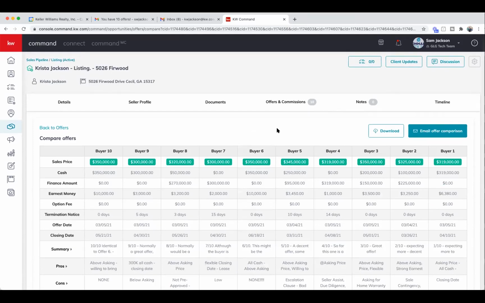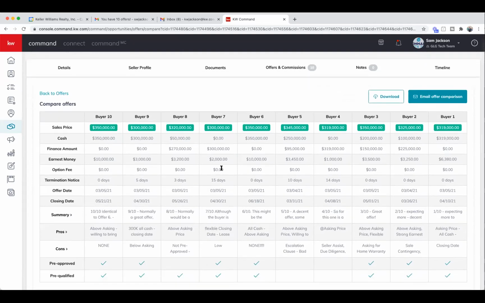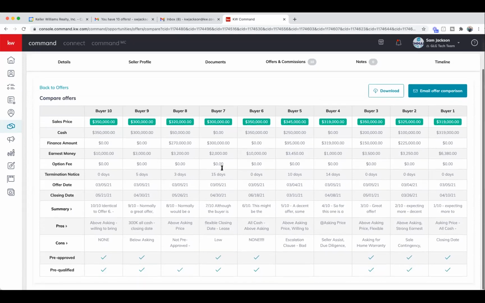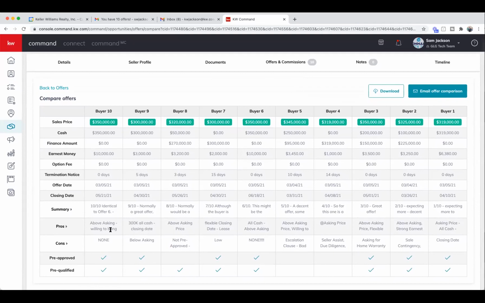I think this is so easy to read and see kind of side by side. It's not as clunky as Excel. I love the visual component of this of, all right, here's all 10 of them side by side. And as a client, I might be looking at, above asking, things like that. And if by chance you do have that deadline that you might be working with, this is something that I